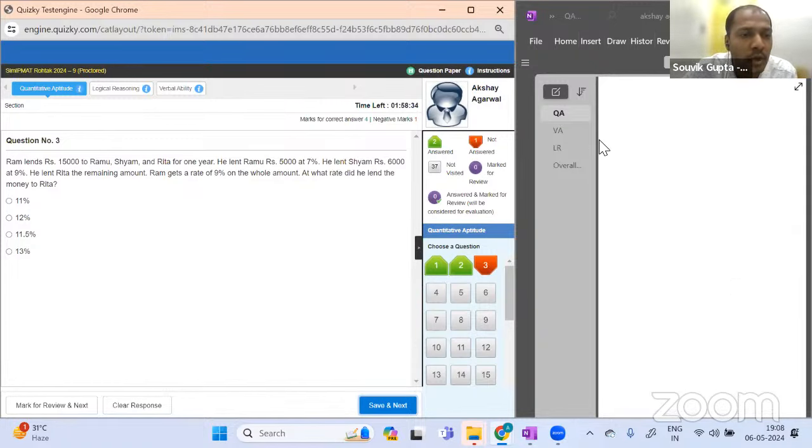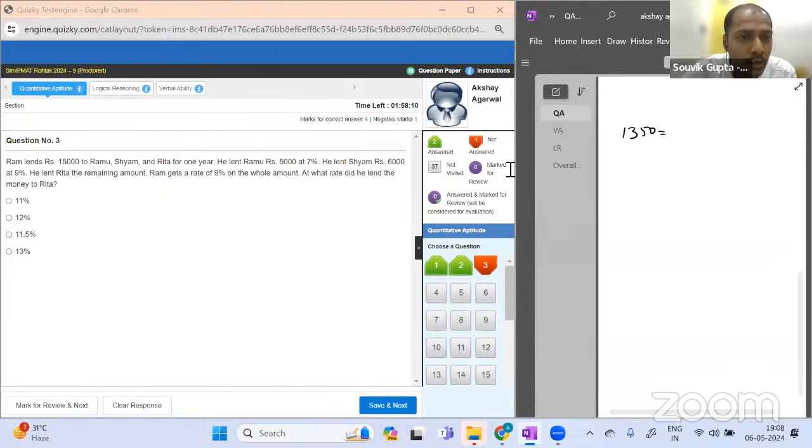Ram lends rupees 15,000 to Ramu, Shyam, and Rita for 1 year. He lent 5,000 at 7%. He lent 6,000 at 9%, and the remaining amount okay, Ramu 5,000 at 7. Ram gets 9% of the whole amount. What about Rita? Acha. So 5,000 at 7 and 6,000 at 9. He should get 9%. So he should get